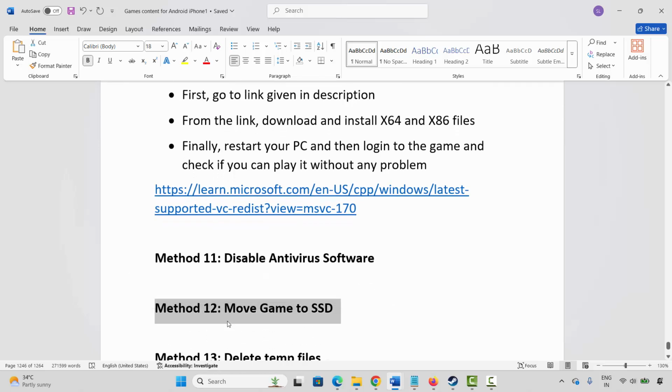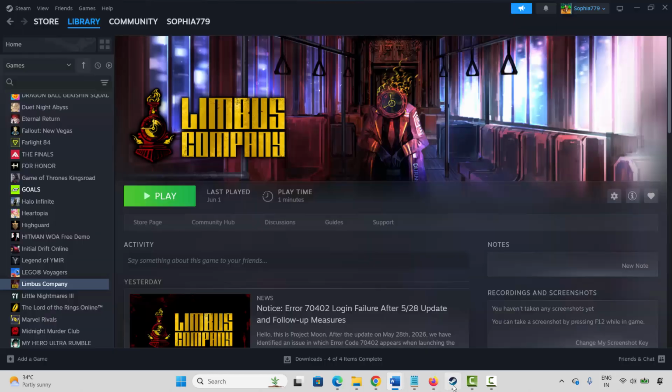Next method is to move game to SSD. If your game is not installed on SSD, then also you can suffer from crashing or several other issues while playing the game, as most users have reported the same problem. So make sure your game is installed on SSD. You can easily check it by going to